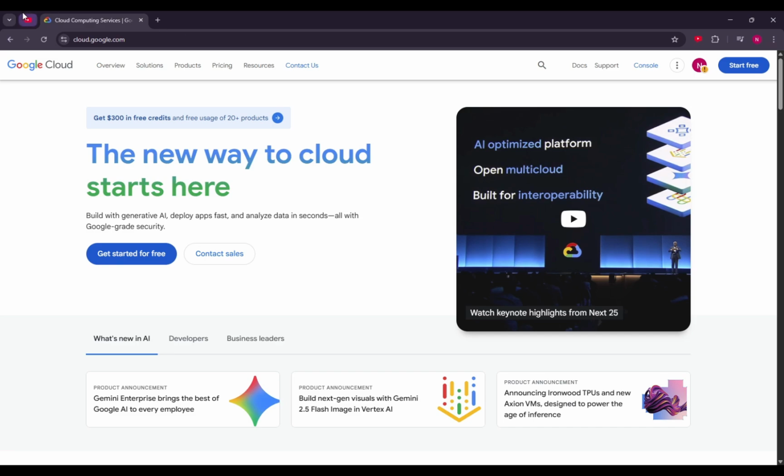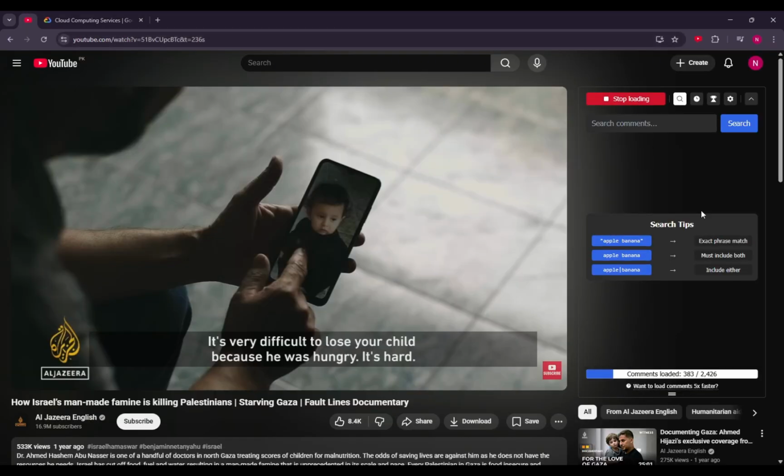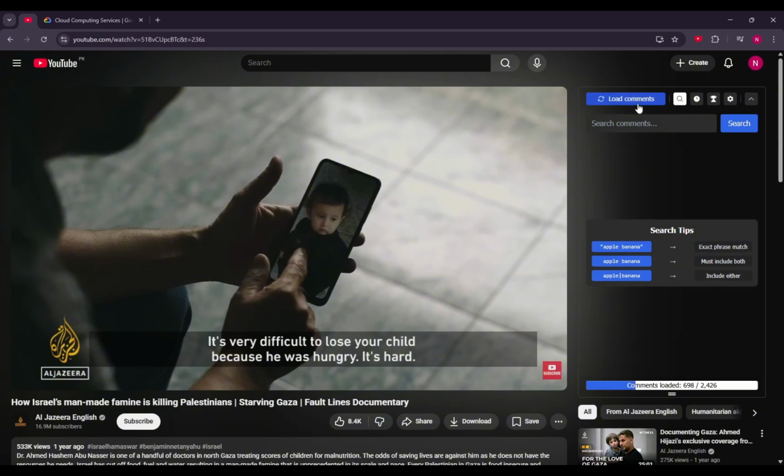So if I go to YouTube now and start loading comments, you're going to see that it's quite slow. It loads about 20 comments per second, which is very slow. To speed this up, we're going to need to use the YouTube Data API, and for that, we're going to need